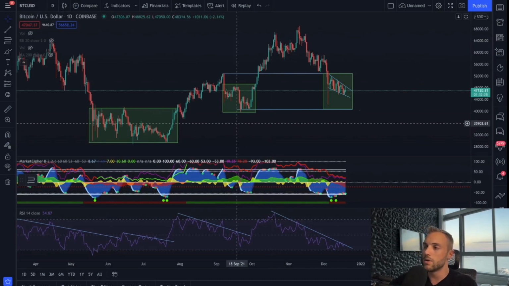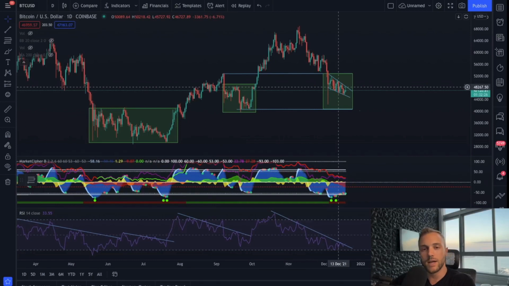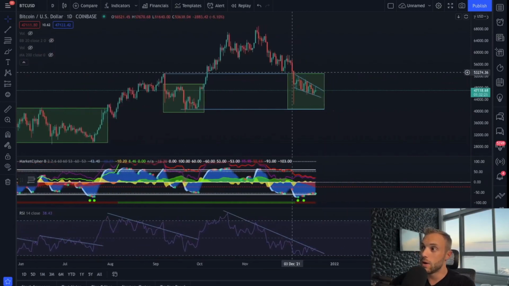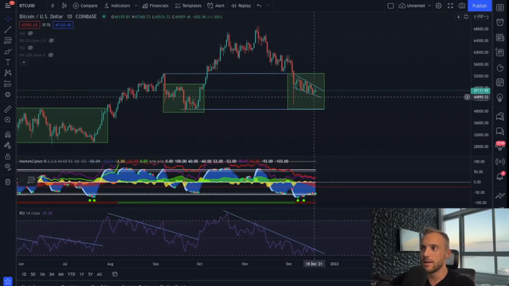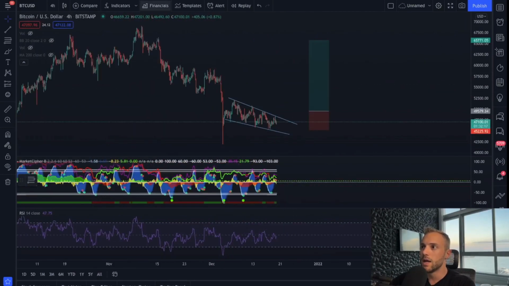So what we've been analyzing is, if you guys just watched the last market update, right, where the price of Bitcoin went way down and we said, hey, we're probably going to trade into this zone. And that's exactly what's going on, is we're trading into this zone right here, right?